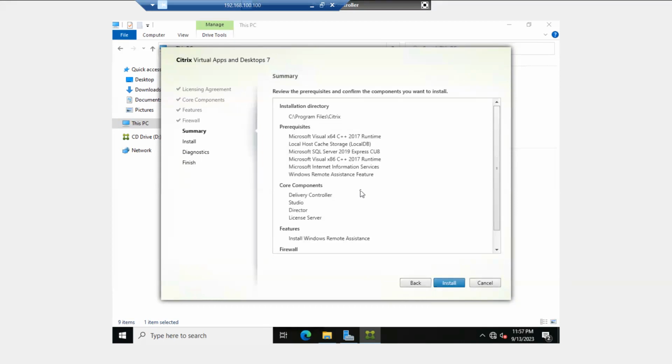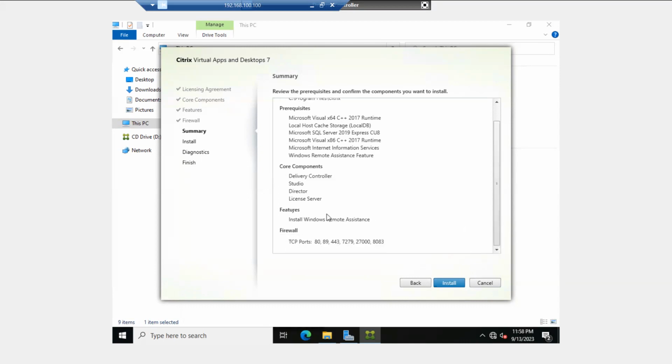The installation directory will be C:\Program Files. As prerequisites, you can see it will install Visual C++, then SQL Server, then IIS services, then Remote Assistance tools. After the prerequisite installation, it will install the core components like Delivery Controller, Studio, License Server, and Director. In the features section, it will install the Remote Assistance tools, and these firewall port numbers will be opened during